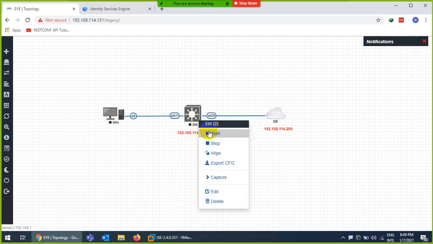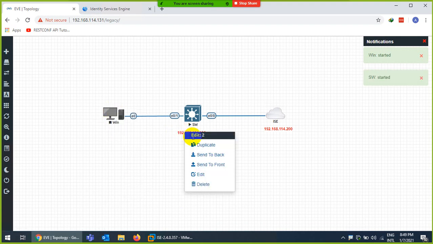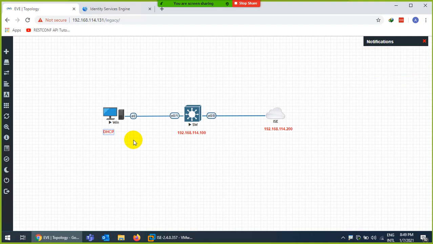Let me power on the Cisco switch and this PC. The PC will get an IP through DHCP, because DHCP is already configured here through NAT. You can assign static as well, but anyway it's better to use DHCP.